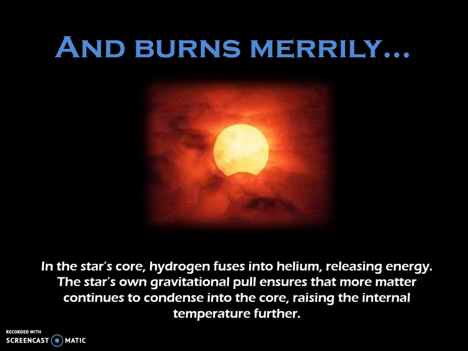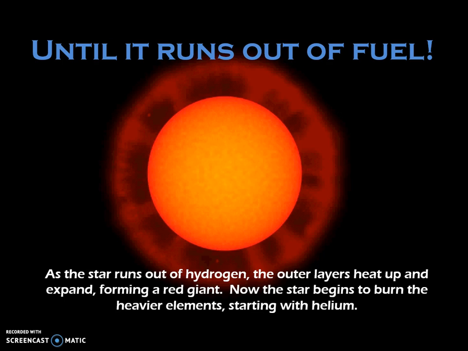This goes on for billions and billions and billions of years until the star runs out of fuel. Hydrogen is finite. Sooner or later, after millions of millennia, that star is going to burn through all the hydrogen that was present in the original nebula. As the reaction dies down, the outer layers begin to expand and heat up now that there's no longer as much of a chemical reaction happening in the core. We'll call this star a red giant.